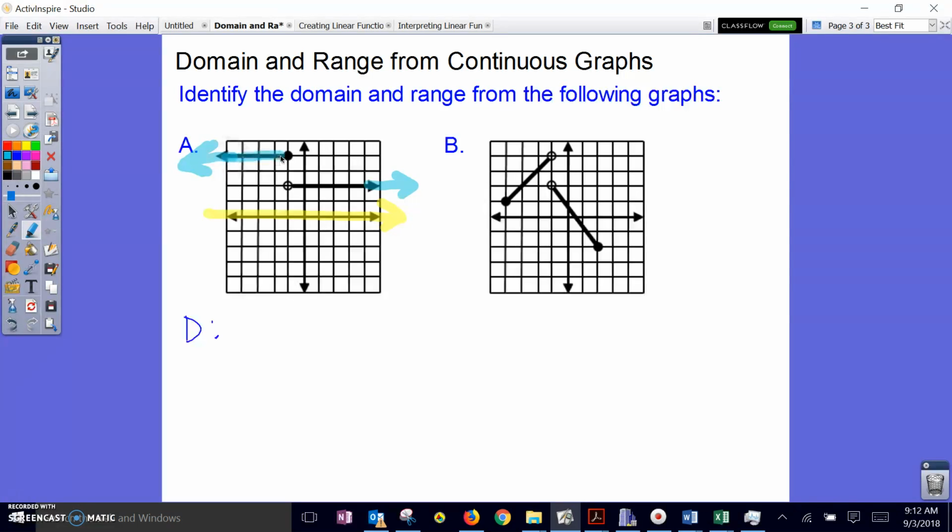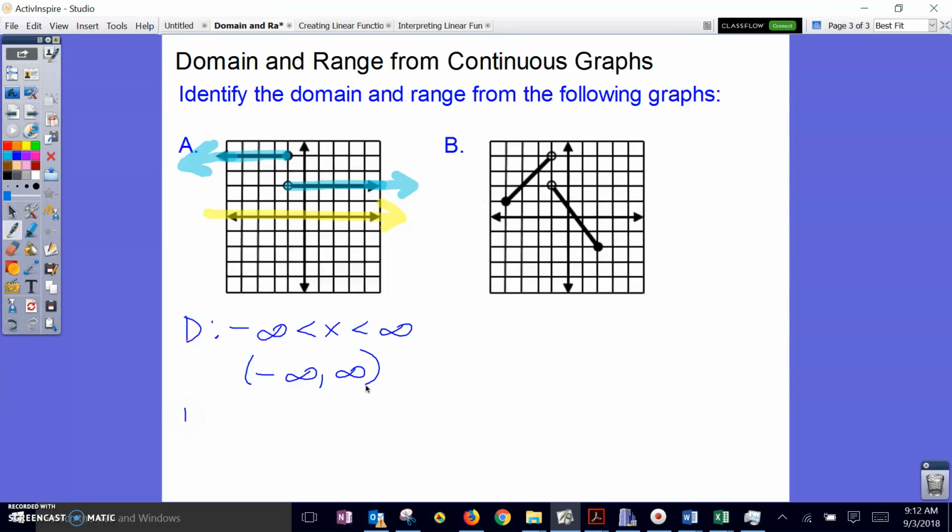And all the values on this graph are hit, all the way over here to x equals -1, and then there's an open circle, and then the points pick up again. But since this solid circle and open circle are lined up, that means that that point is in the domain, and so every single x value is in the domain from -infinity to infinity. So if I write it as an inequality, -infinity is less than x is less than infinity, or if I write it in interval notation,